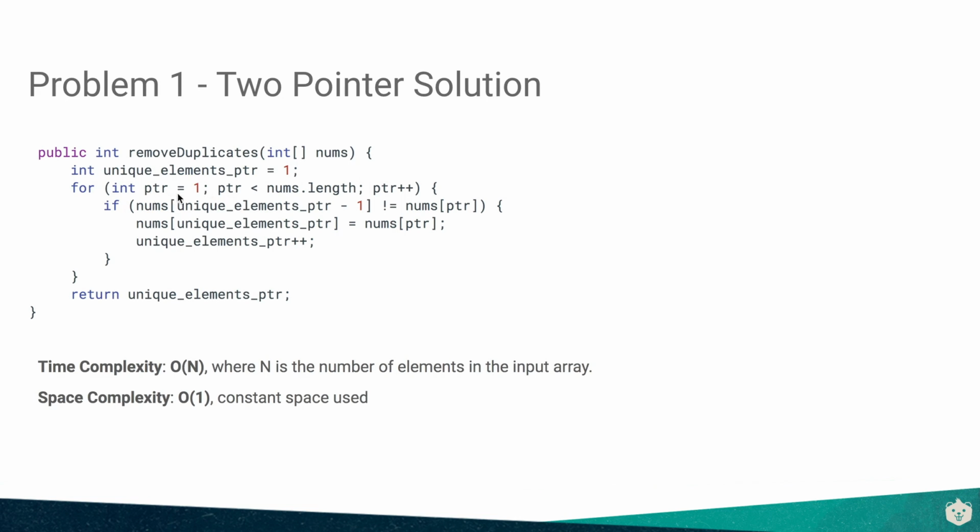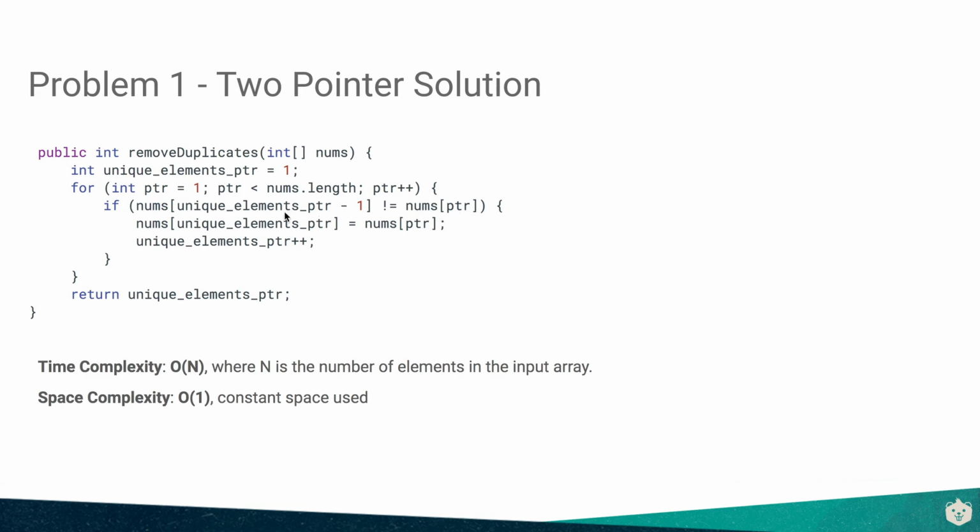So the pointer starts at 1 because we only need to start comparing from the second element onwards, and all the way till the length of the array this pointer moves. So at every point, we compare the number at which the pointer is to the unique element pointer -1, because the unique element pointer is pointing to the position where the new unique element has to come. So the element previous to that is the one that needs to be compared with to see if it's a